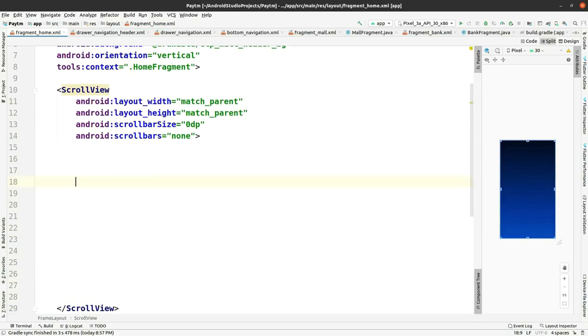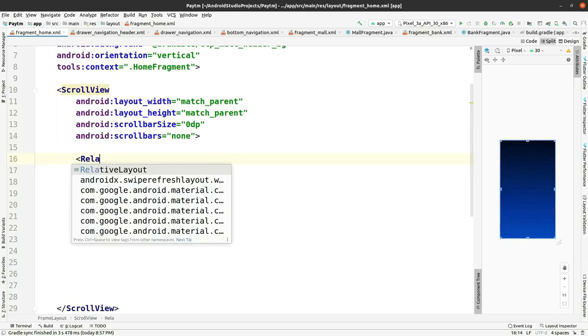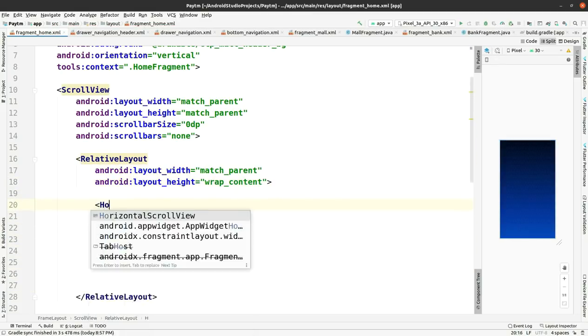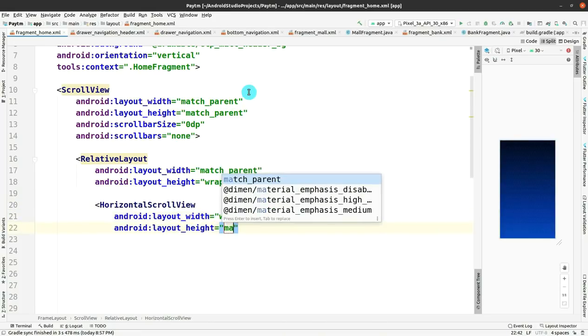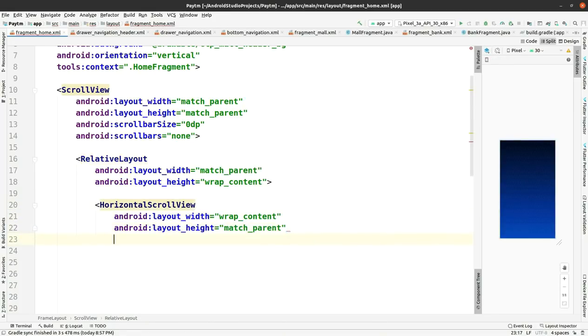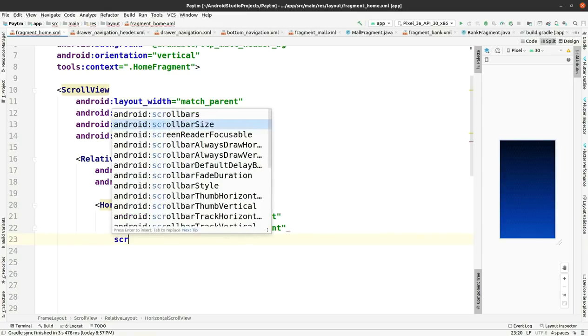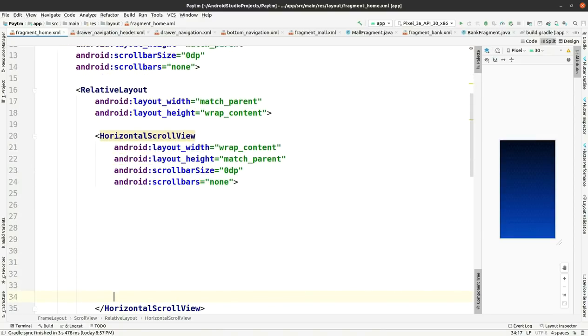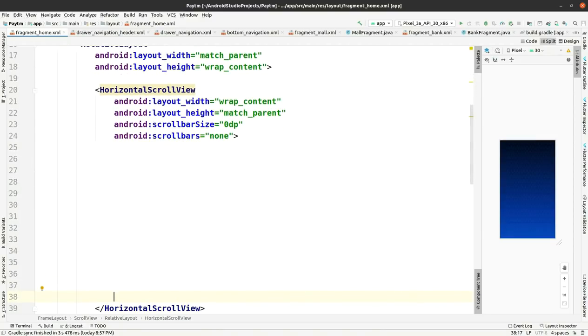And within this scroll view you have to add a relative layout with these properties, width as match parent, height as wrap content. After that you have to add horizontal scroll view with the following properties, and the scroll bar size is also 0 dp and the scroll bar is none. And within this horizontal scroll view you have to add few more, not few, there are various views you have